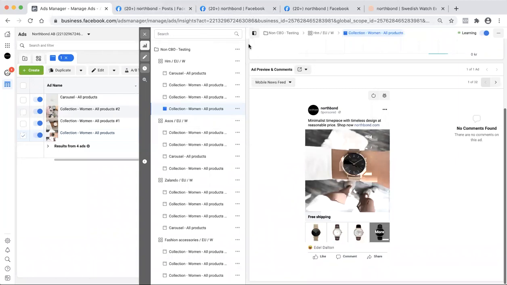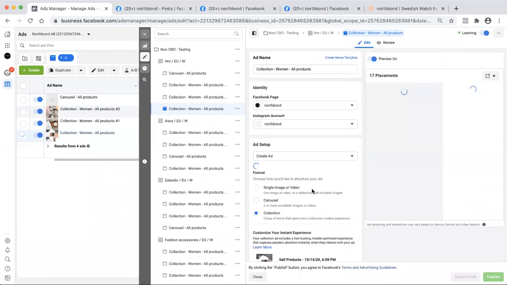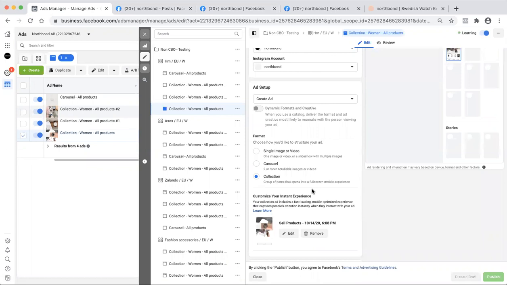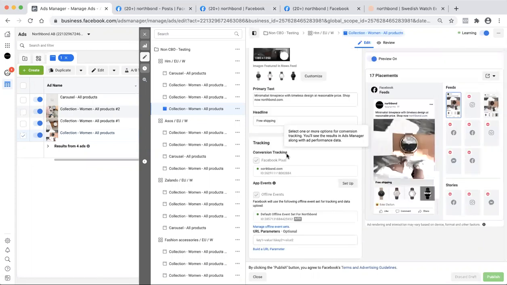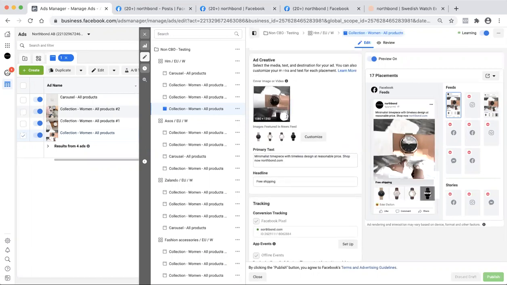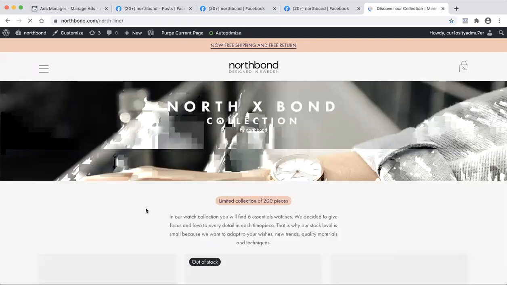That makes sense. So let's see here real quick. Which landing page is this going to? No, it should be this page. It takes them here? Yes, they're going to this page.